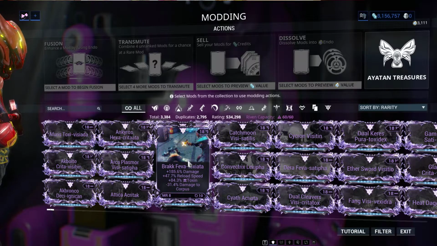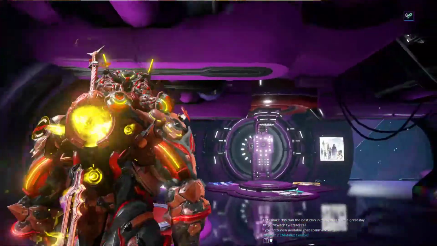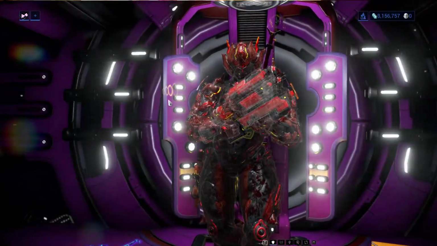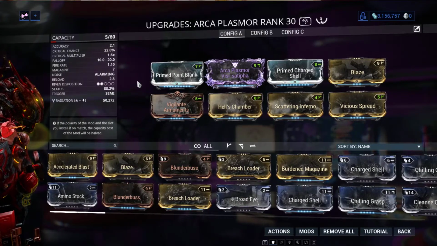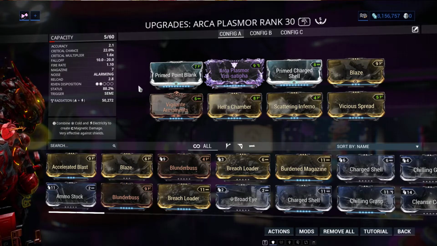The other thing to take into consideration is a Riven's disposition. And what disposition is, if we take you over to the arsenal, now I've got an Archer Riven, and as you can see, it's got Riven disposition here. Now, the higher the disposition, the better the stats you'll get. And the way it works here is how powerful a weapon is